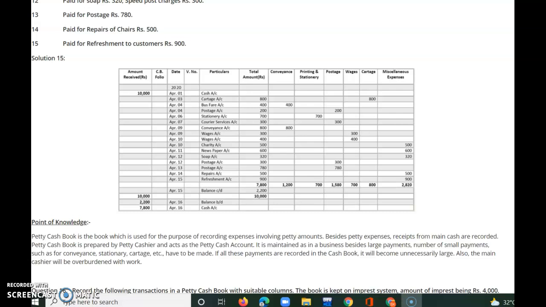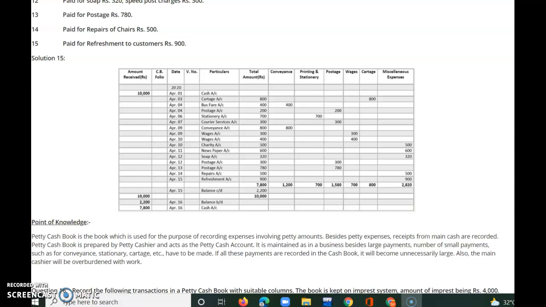It is maintained because in a business, besides large payments, there are a number of small payments. For making the small payments, the petty cash book is used, such as for conveyance, stationery, cartage, postage, and miscellaneous expenses. If all these payments are recorded in the cash book, it will become unnecessarily large. Also, the main cashier will be overburdened with work. अगर हमने ये सारी petty expenses भी main cash book में लिखनी शुरू कर दी, एक तो main cash book काफी heavy हो जाएगी, and also the burden of the main cashier will increase. तो हम क्या करते हैं कि उसको separate कर देते हैं so that the work will be done